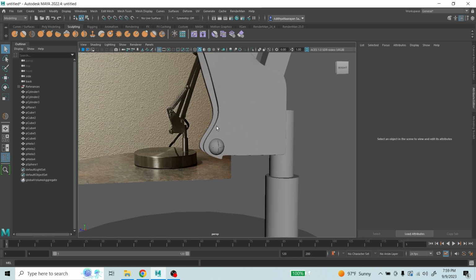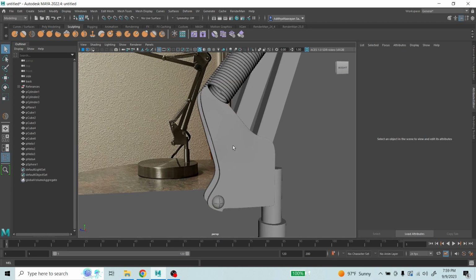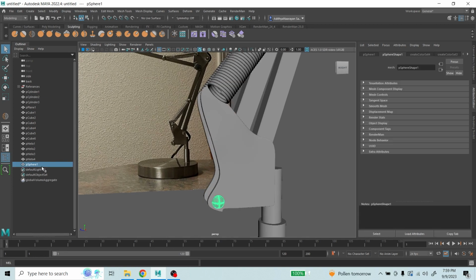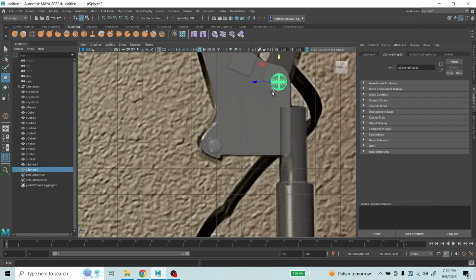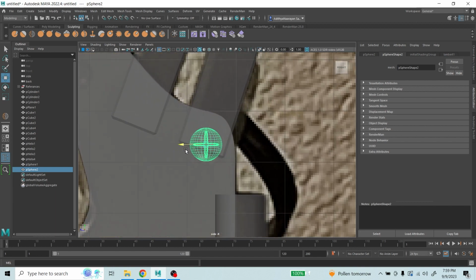Now, all we have to do is duplicate this all across the board. It's that simple. So right here we got this sphere, and then we're going to Shift D. We're going to go ahead and take this and then move this up to the place that it needs to be. And so that we're going to do that, we're going to go to the side mode, place this right there,